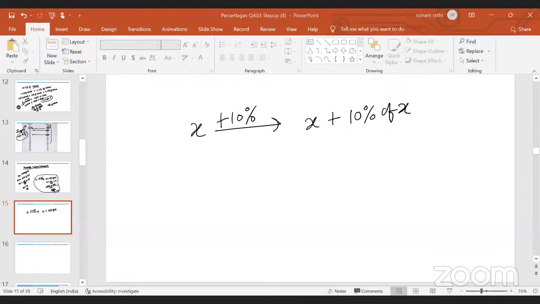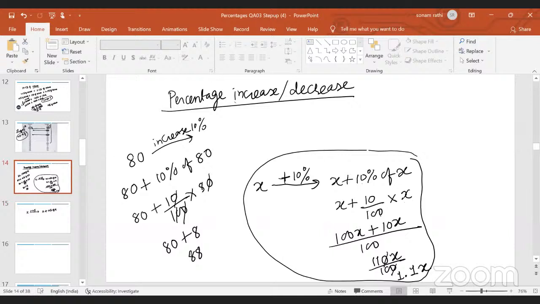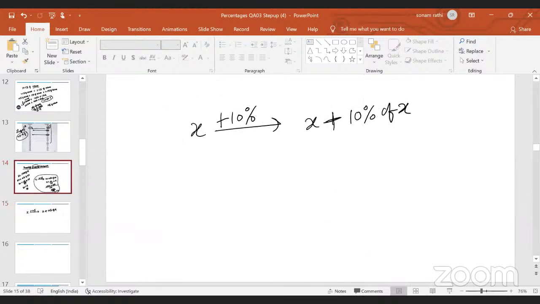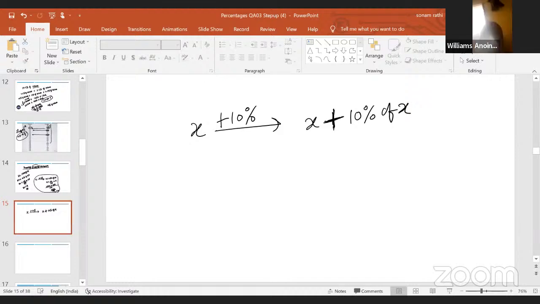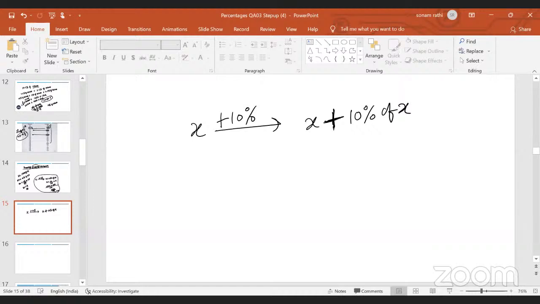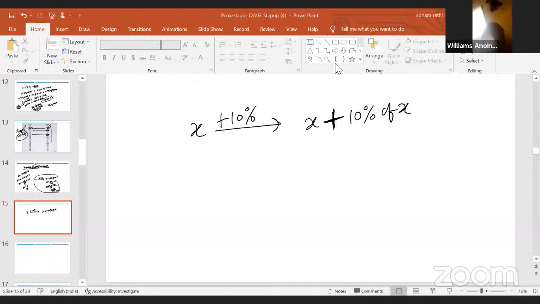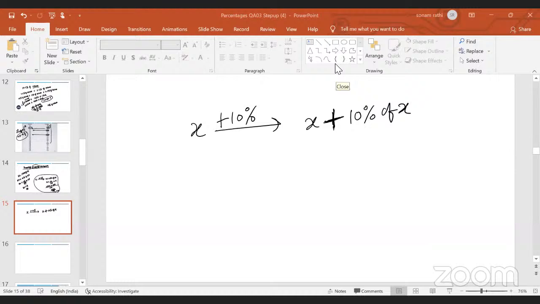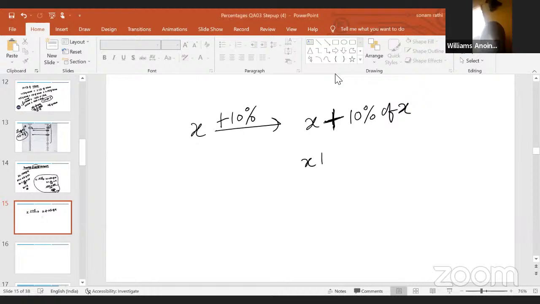Why are you putting plus sign there? Because you're increasing it. Read the statement again. Percentage increase. When you're increasing X, you're increasing X with 10%. So therefore plus. If it is decrease, you will minus. If it is increase, you will write plus. Correct? So when it's decreasing, you write minus. Because I am doing increase, it is plus. So X plus